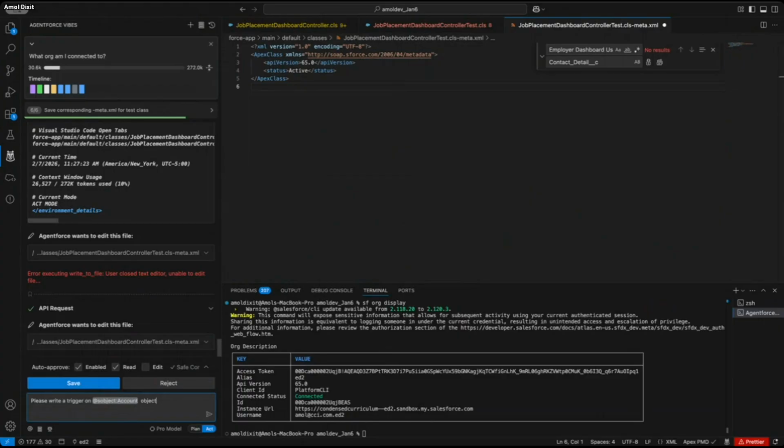For example, anyone have any suggestions what we can write the trigger for? Anything? Every time a contact is added, you want to make a contact. Yeah, I mean, we could do that. I mean, we could even do that too. Or right now, my trigger is on account, so just,